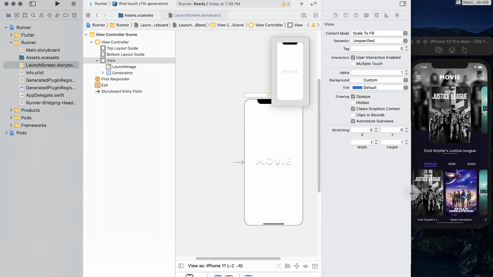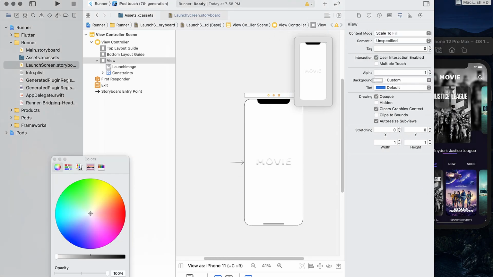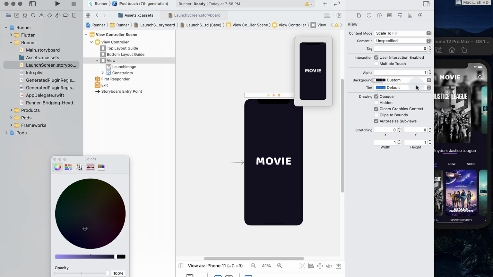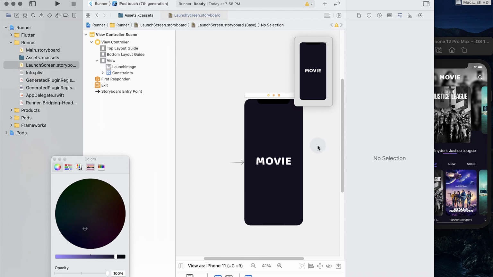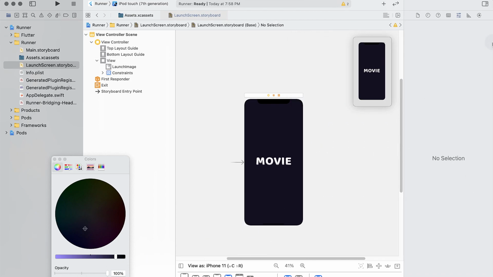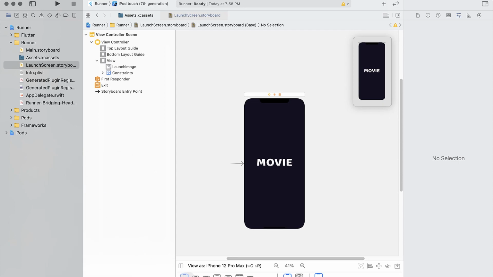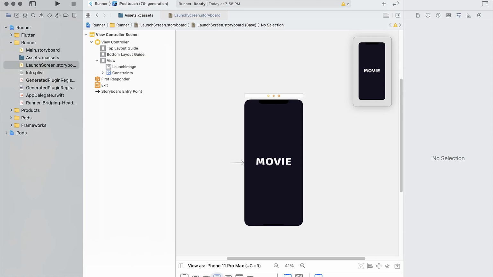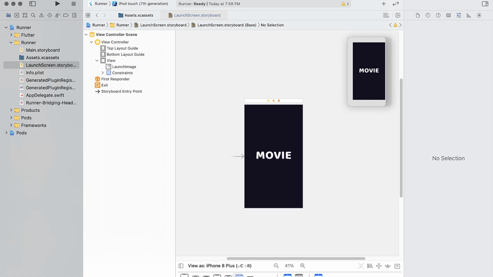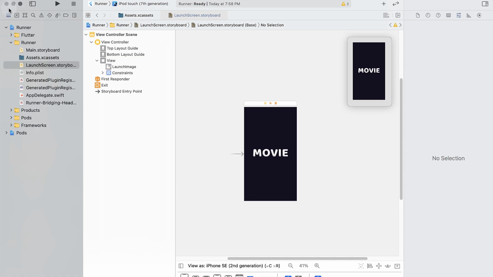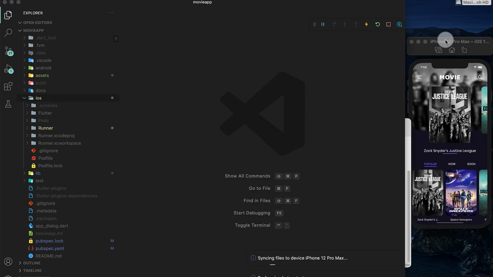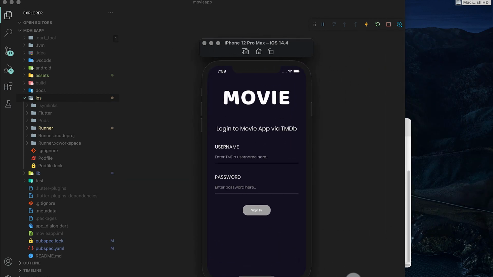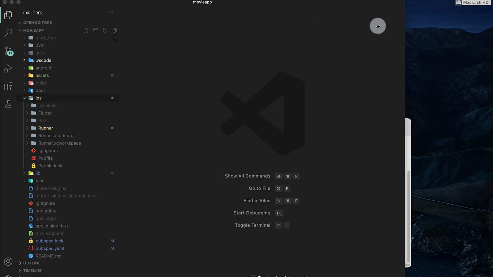You should verify that logo is well fitted in each form factor by selecting different iPhone simulators from the bottom list. Now run the app and you will see the splash screen working perfectly fine in the iPhone simulator.